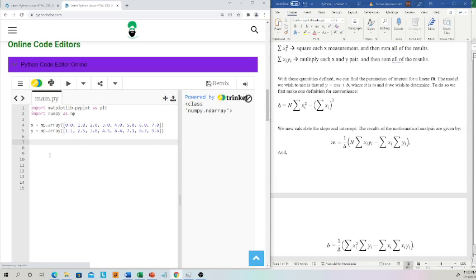So what if I wanted to just print the first element, or I really should say the 0th element in this X array? What I would do is say print X,